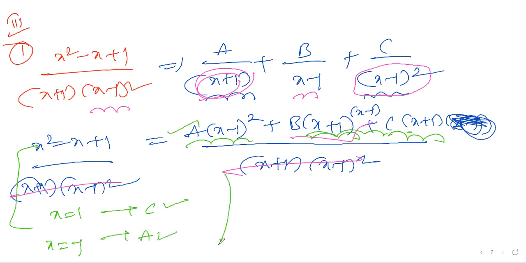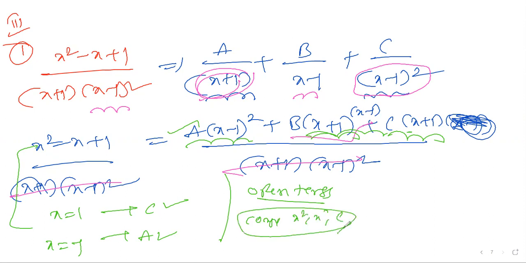Okay. After this, you want to find out the B value. There is no alternate option. You have to open the terms, compare the x square coefficient, x cube coefficient, x coefficient, constants, then do the rest of the things. Because you already know the A and C values, using the relation you can get the B value. Am I clear? Any doubt? Yes, sir. Clear, Radha? Yes, sir. It's next. Second one I'm moving.